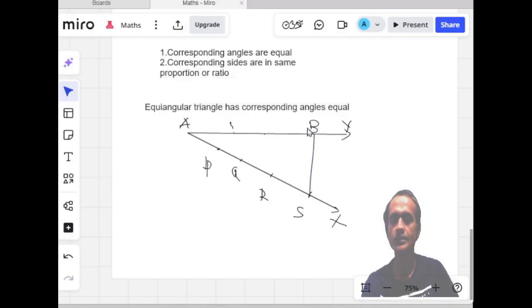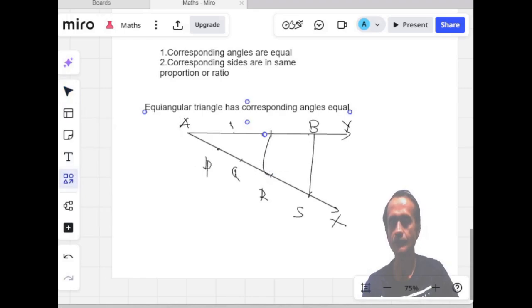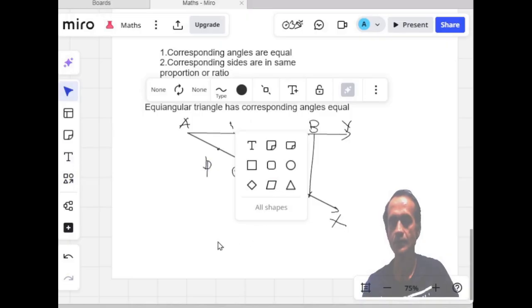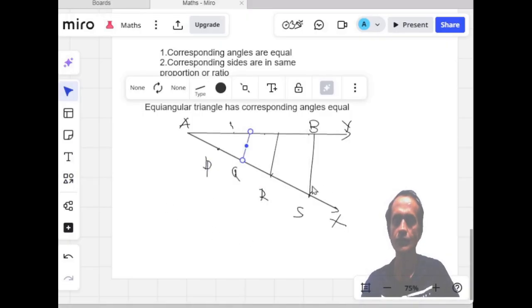Now let us draw lines which are parallel to BS. So we draw a series of lines parallel to each other,